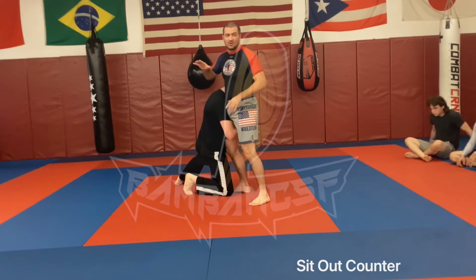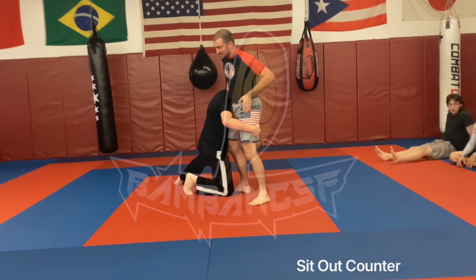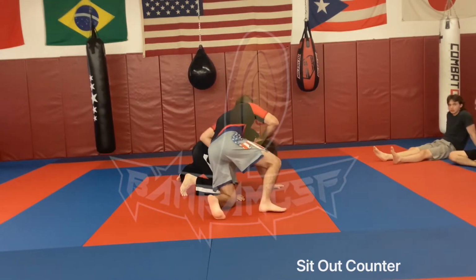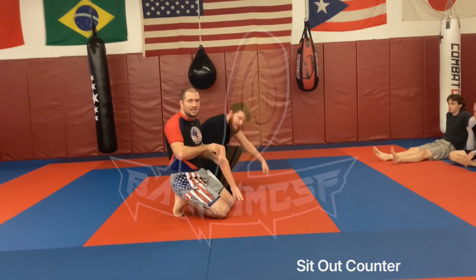Boom. I don't care what shot he hits, we're just going to hit our standard sprawl. Hand's going to go to the back of the neck. I'm going to kick my feet back and turn, right? Boom. Last week we worked on a couple different options as far as letting them back up and then reshooting